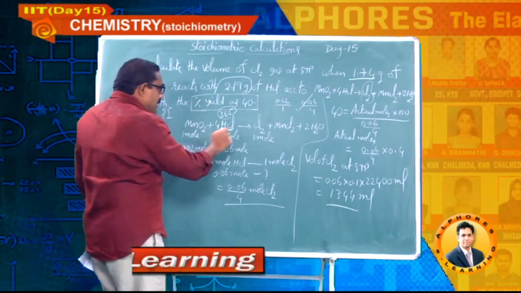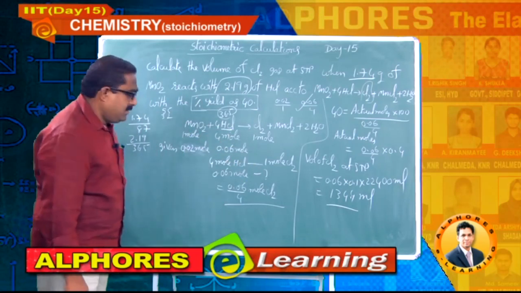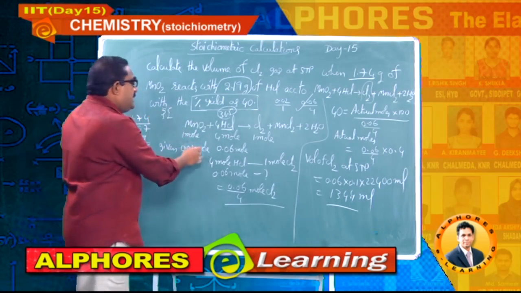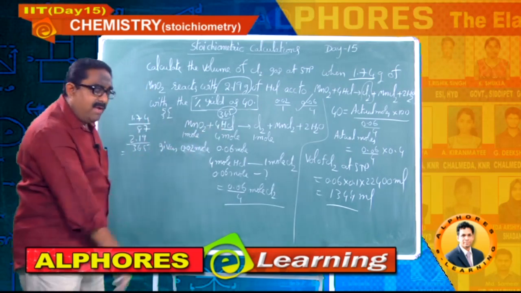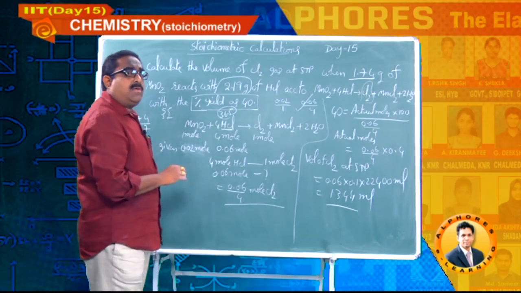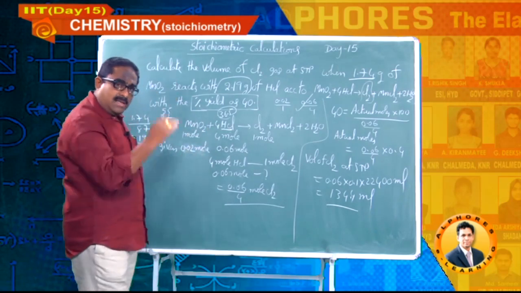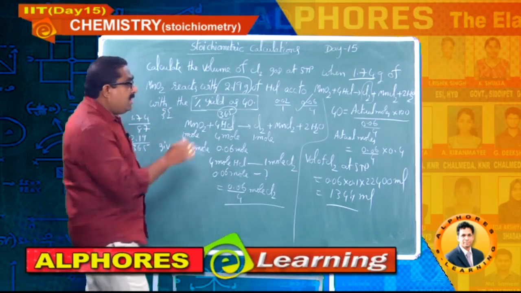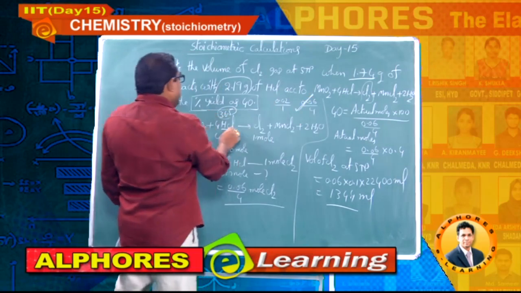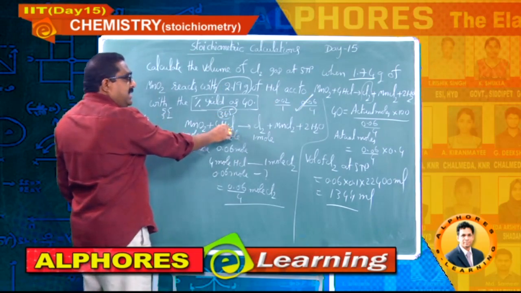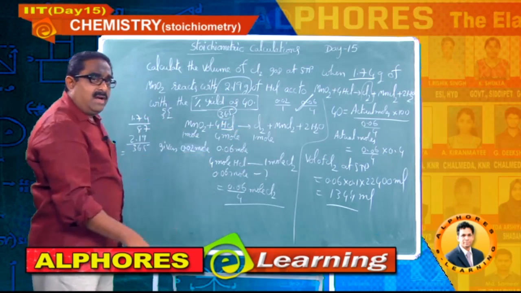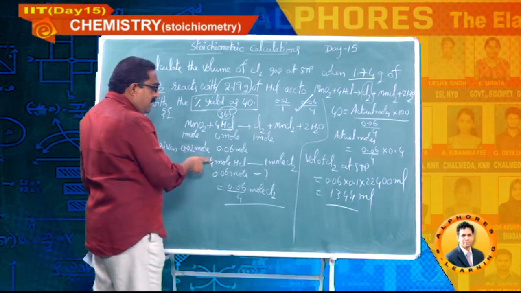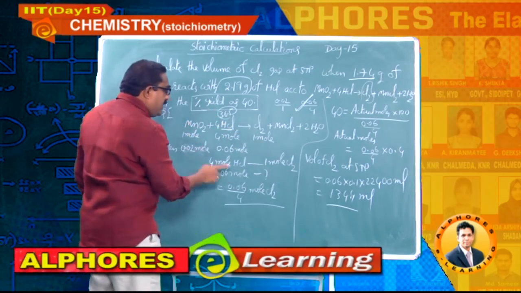Again he has incorporated the concept of limiting reagent here. So first I have to find out which is limiting reagent, whether manganese dioxide or HCl. For that we have an approach, given moles by stoichiometric moles. Least value we should select, and that reagent only we should fix as a limiting reagent. And based on that I have fixed HCl as a limiting reagent in this question. We know amount of product always depends on amount of limiting reagent only. Okay. Based on that I have calculated 4 moles of HCl gives 1 mole, 0.06 gives how much.